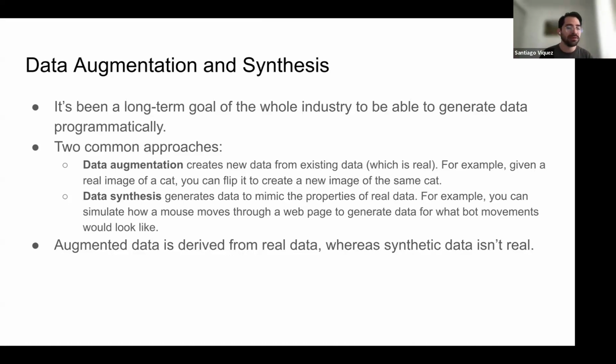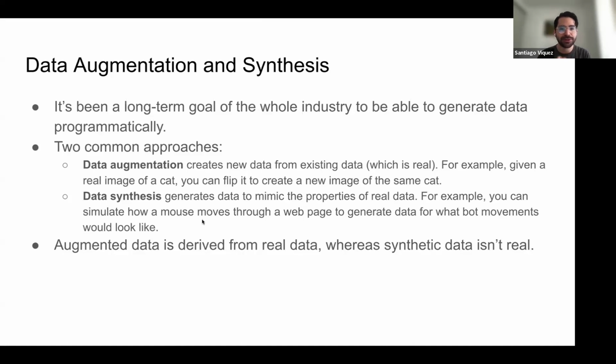That's producing more data. You can add noise to the image, so you can simulate photos taken by lower quality cameras. So you train your model to also handle high quality photos and low quality photos. That's data augmentation. That's something that computers can do, and it's very cheap to do. So at the end, you are basically creating examples from real data.